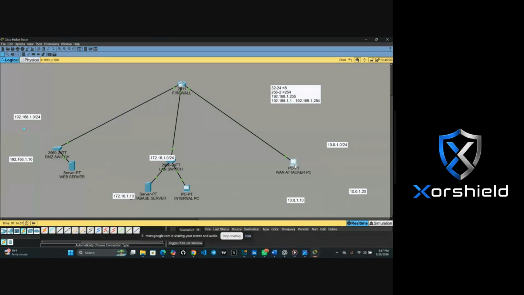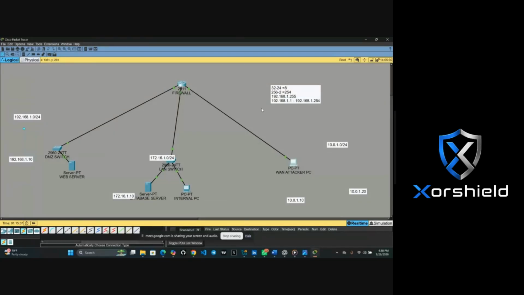Yes. It will work. The reason is, no matter how you set it up, you just have to understand what you are working with. Understand that you assign the actual IP address, the necessary IP address that you ought to use. It doesn't matter that this attacker PC is on the left or the right. If I ping it here, it cannot have access to this database server at all. It doesn't matter how you set it up.